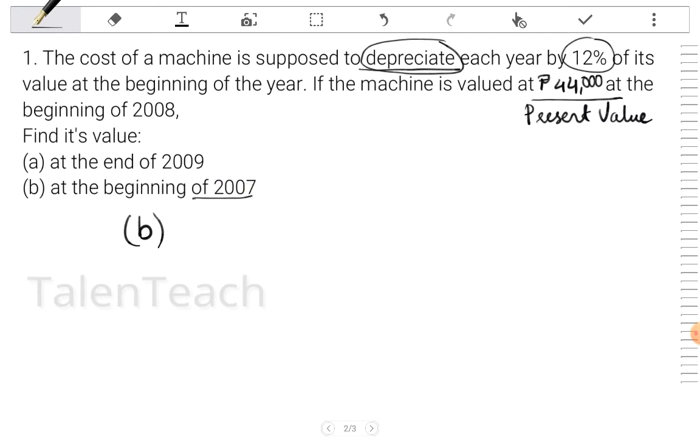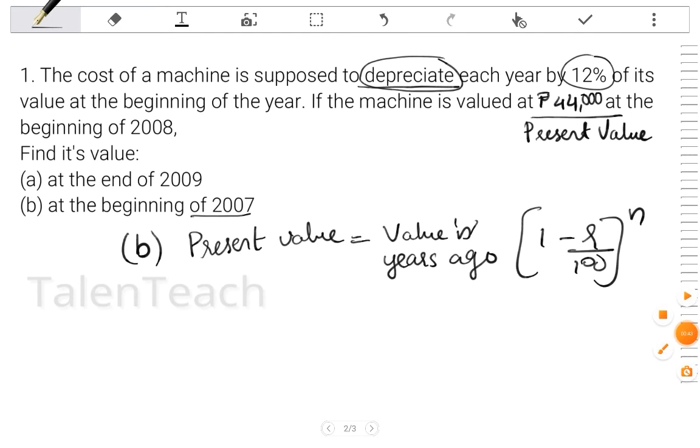So 2007 is before 2008. So here we have to find the value n years ago. So we have to use the equation. Here, since it is depreciation, and we have to find the value n years ago,